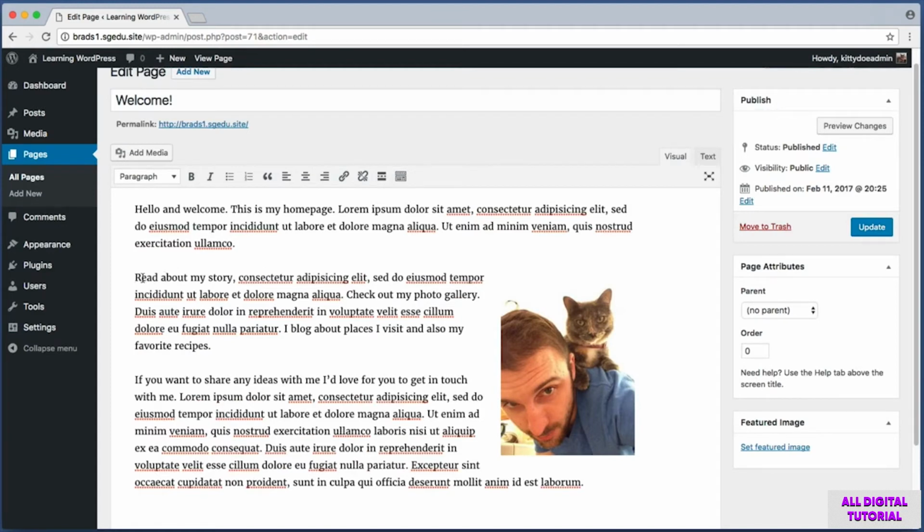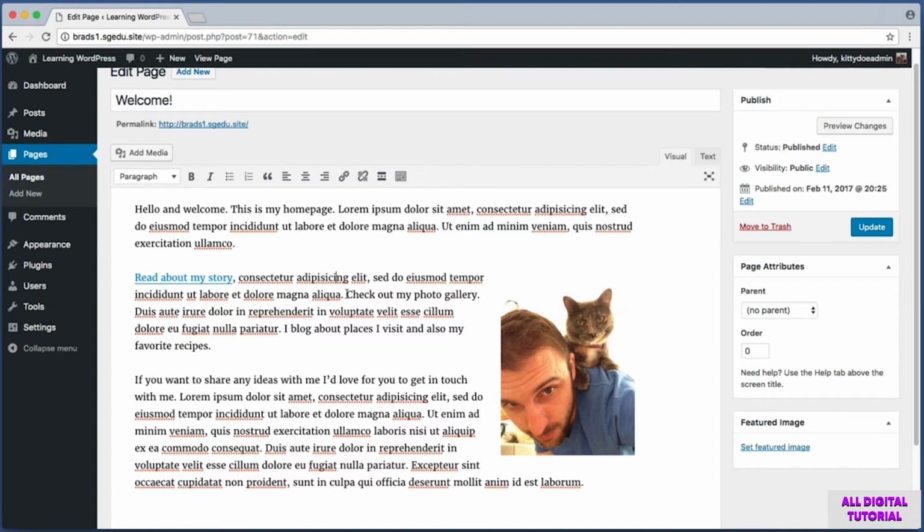Next, let's practice creating links within our paragraphs of text. So for example, here we see read about my story. Maybe I want those words to be a link to the About Us page. So I just highlight and drag that text, and then use this link up in the menu bar. When I hover over it, it reads Insert and Edit Link. That brings up this menu, and now I can just start typing or searching for the page I'm looking for. So I'm looking for the About Us page. Here it is, so I can just click on this result here, and then click this blue Apply button.